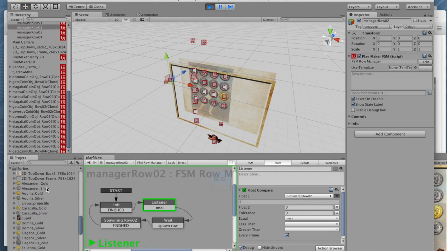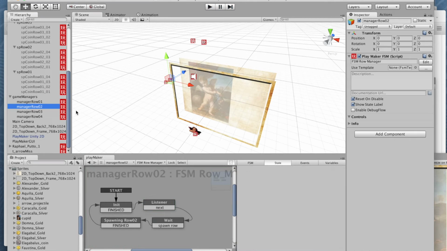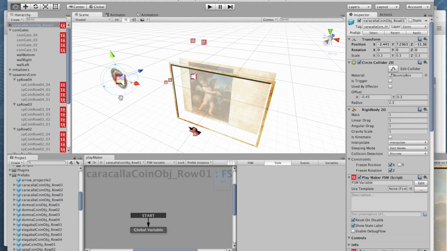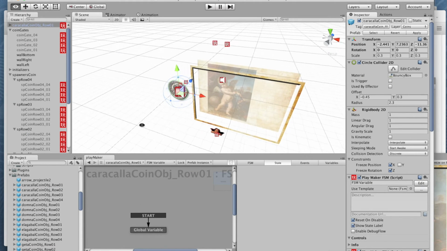But I already have in my sprites folder Alexander Gold and Alexander Silver. In a prefabs folder, I have one coin for each emperor or empress, each character or personage, we could say. I have one for each row. If I bring one of these into the game area so that we can take a look at it,